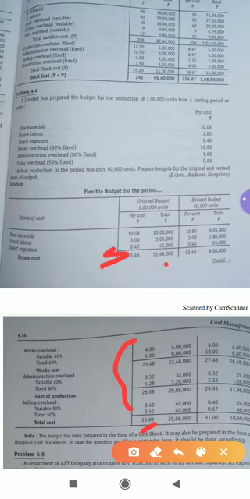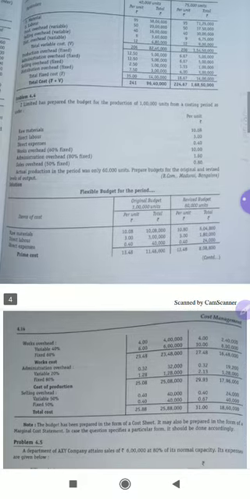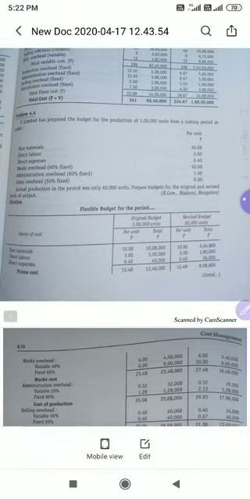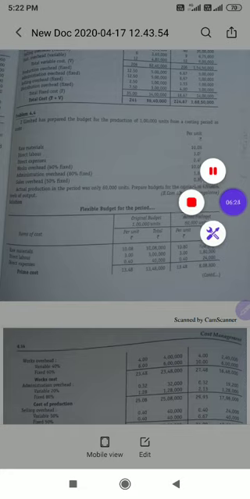Now if you add this prime cost and all these overheads, 13,48,000 plus all these overheads, you will get the total. The same if you add, you will get 31 lakh and 18,60,000, which is very easy. I think the concept is clear. If you have any doubts, please clarify your doubts through WhatsApp. I hope the concept is clear. Thank you.